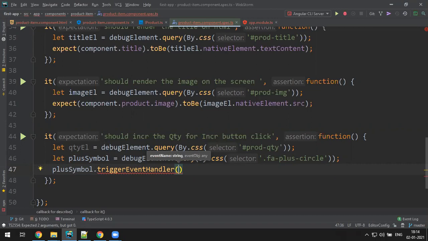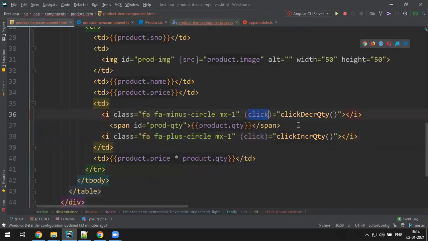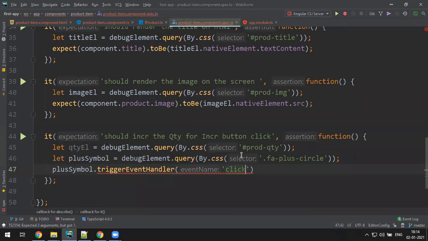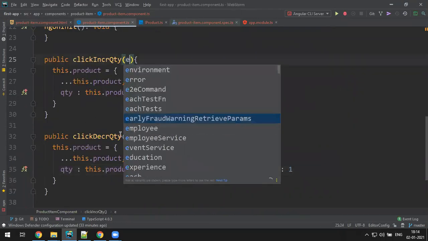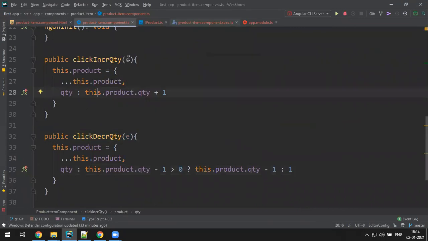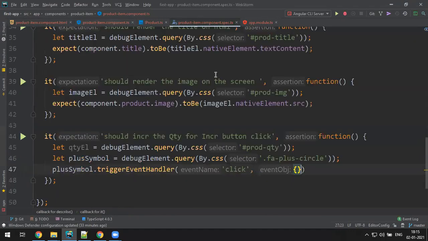What is the event, which contains two parameters? One is the event name and the second is the event object itself. What is the event we are making? Click event. When you have a form submission, it would be a submit event, but here it's just a click event. You can also receive the event object. I'm receiving the default event here, but I'm not working with anything because it's not a form, so independent of event, we don't need that.